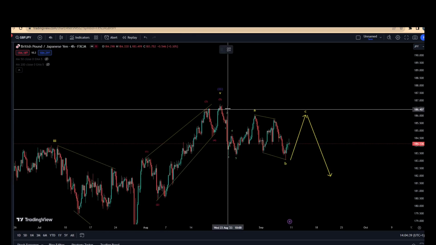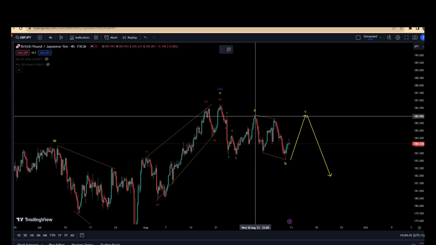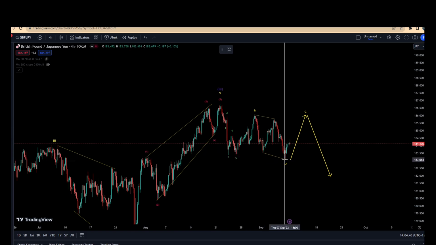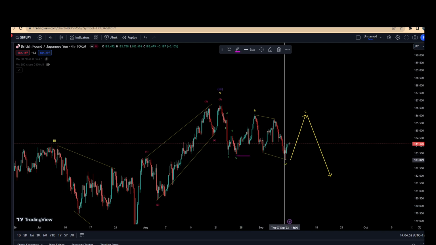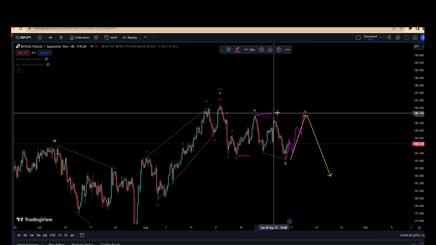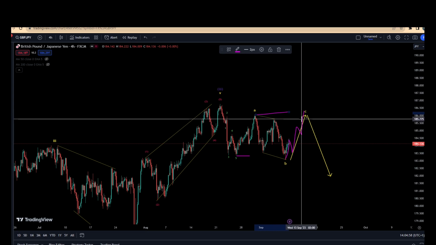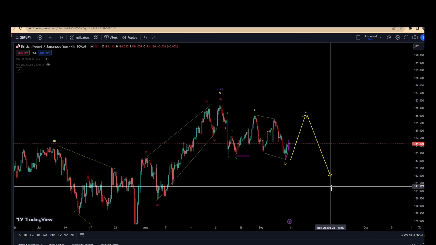So essentially what we have here is a nice impulsive move, 1 2 3 4 5. We have 3 waves here, 1 2 3, 3 waves here, A B C, and then we've gone below this level right here, so this could be an expanding flat or a running flat. What we should possibly get here is a wave 1, wave 2, then a wave 3, wave 4, wave 5, either taking these highs or falling just below these, giving us a running flat, and that will essentially give us a B C, to then bring this market towards the downside.